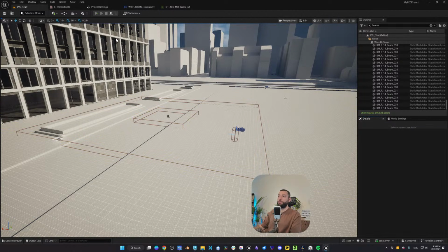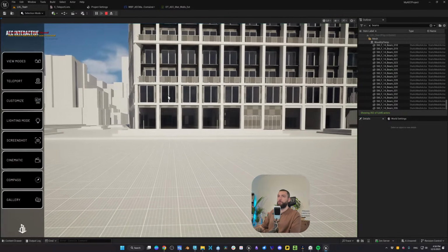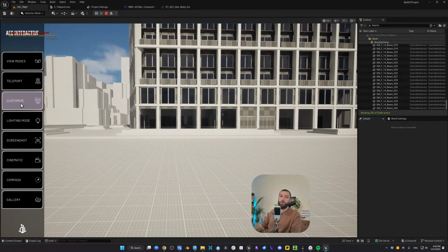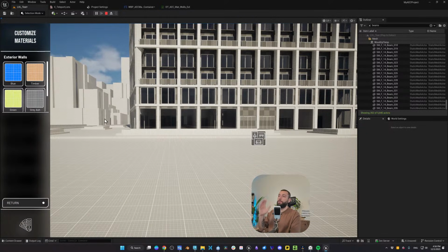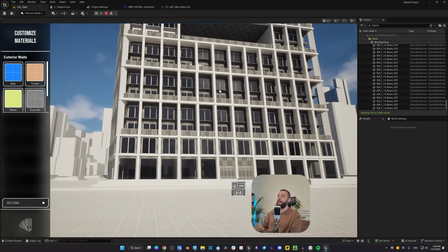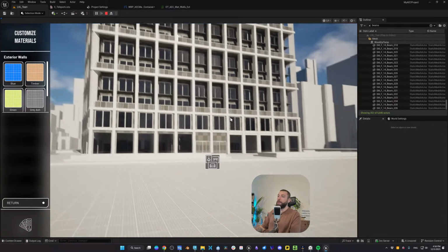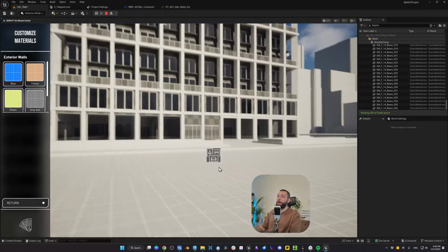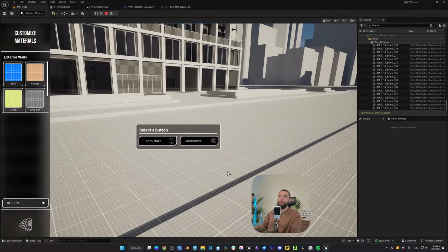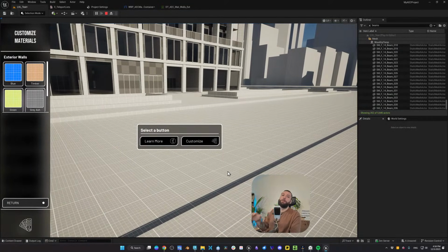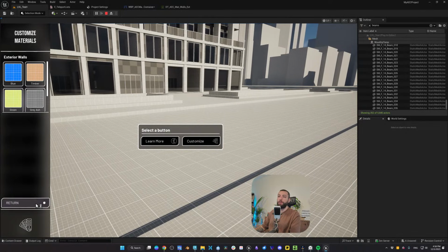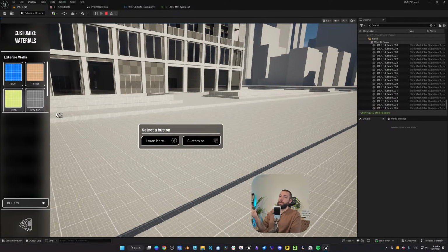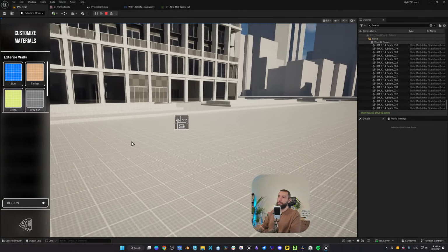And I'm gonna show you what these collision boxes are. So I'm going to click on customize to enable this mode. So we have a mode called customize mode. When you click on it, it will be enabled, because the logic behind this, imagine you are working in an interior project or a villa and you have many things you can customize. You don't want the customization panels to be in your face all the time. I personally prefer to have a mode. When I click on customize, we will see the customization icons.